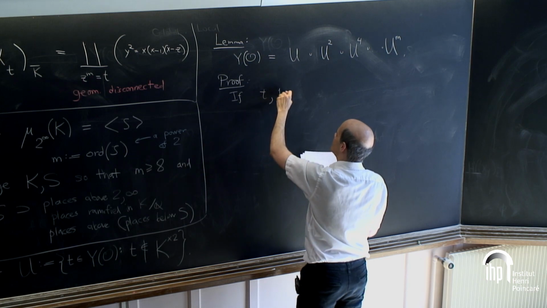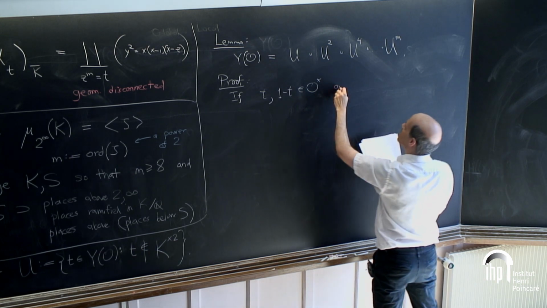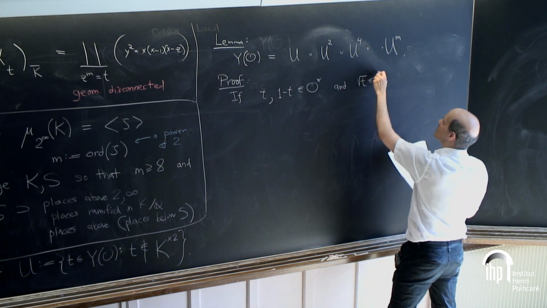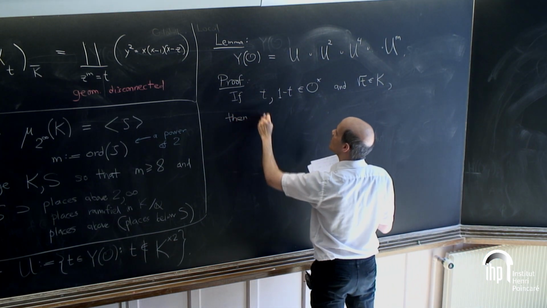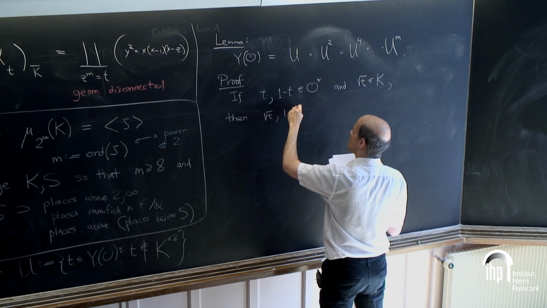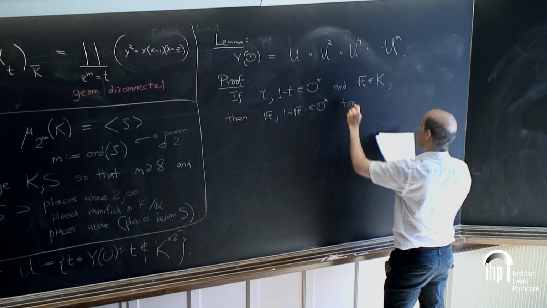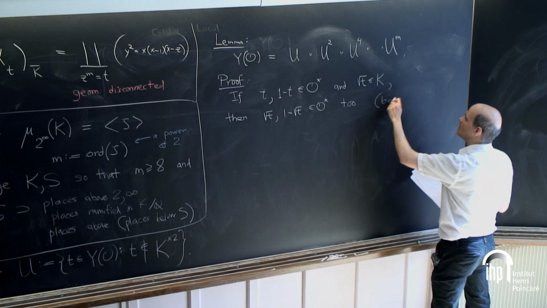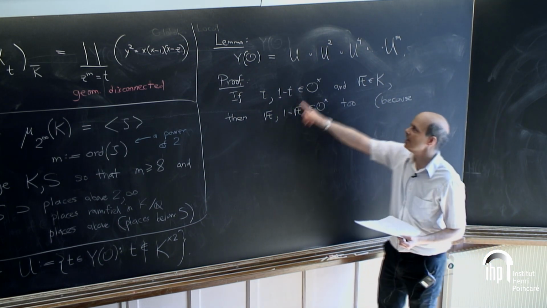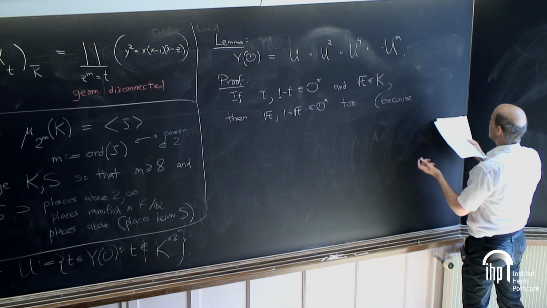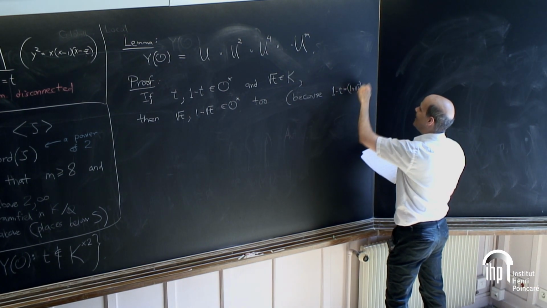So the first thing to argue is that if you start with one of these solutions to the S-unit equation, so both of these are S-units, and if t is a square in K, then the square root of t and 1 minus the square root of t is going to be another solution to the S-unit equation. This is kind of obvious. The first part is really obvious: if t is a unit, then so is the square root of t. And as for the second one, 1 minus the square root of t is a factor of 1 minus